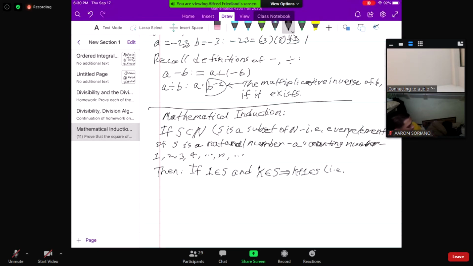Some of you have seen proof by mathematical induction before, particularly if you've taken mathematics 4000 or 4009, or maybe elsewhere. Actually, I learned this in high school. Maybe some of you did. So this says K is an S implies K plus 1 is an S. Remember that that double arrow is equivalent to if then. So another way to say that is if K is an S, then K plus 1 is an S. Or to put it another way,